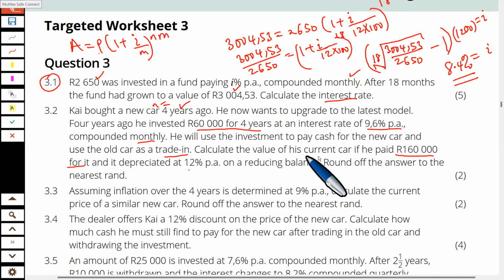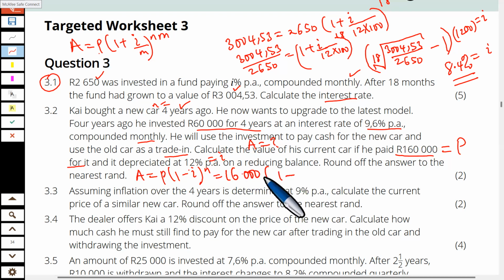What you're supposed to do is calculate the value of his current car if he paid this. If you pay this now, this is the principal. We want to find the value of his current car. If you depreciate it, it's I, which is this one, on a reducing balance. So you use the formula P into 1 minus I to the power n. And then what is the value of the car? It is